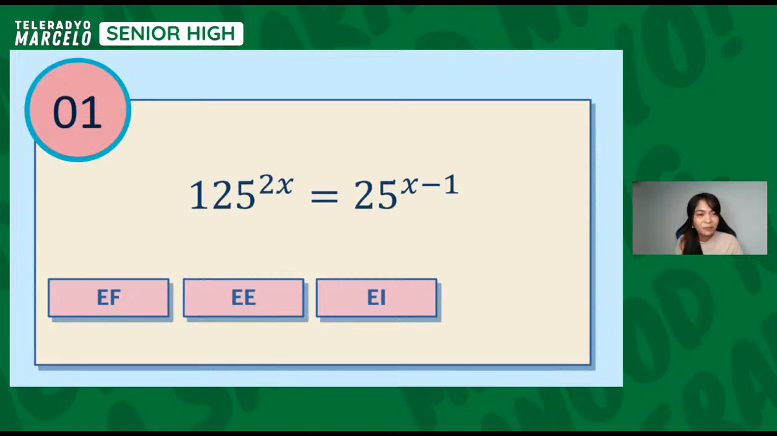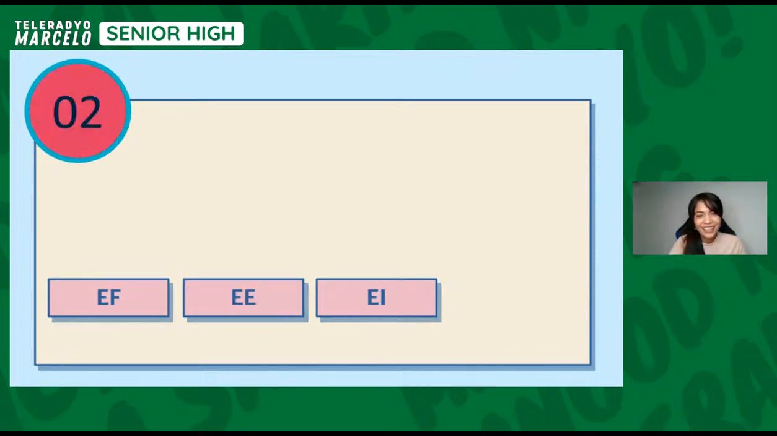Okay, time is up. So this one, is this EF, EE, or EI? Okay, this one is EE. This is an exponential equation. Bakit kaya? That is because it involves an equation containing exponential expressions, and only one variable is involved in this equation. Next item, we have